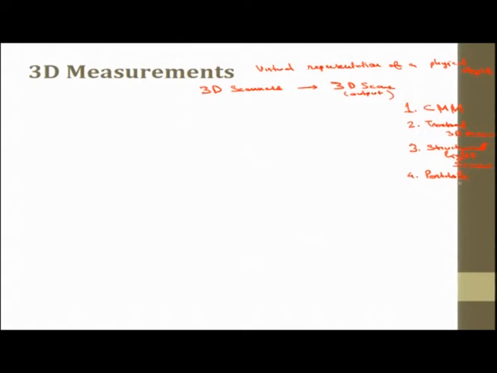Portable 3D scanner. Portable 3D scanners can be either CMM or there are many types of portable 3D scanner. Anything that can be held in hand and taken to the machine or the component that we like to measure would be called portable. So these are the major kinds of scanners. I am just introducing, I am not getting into details. For details we will share the notes, and you can read them.